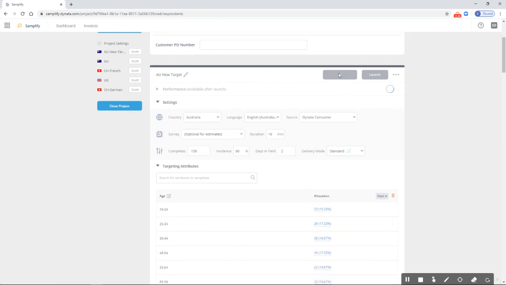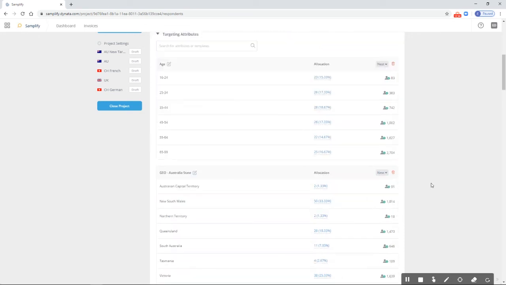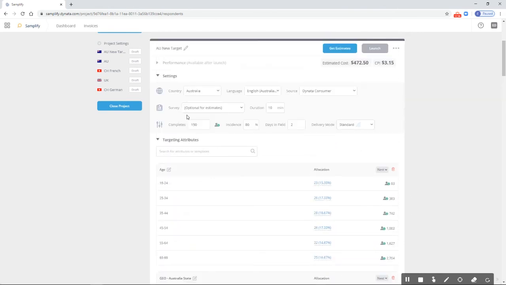Then run the get estimate again. And we will be able to see that we will have a different number here. In this case, 83, still feasible. So what I would do now is connect this to my survey